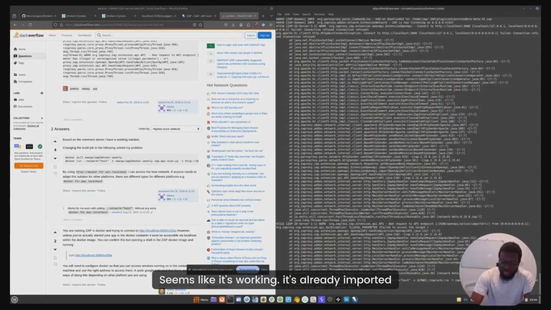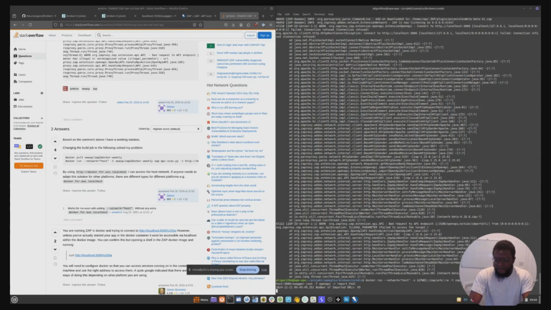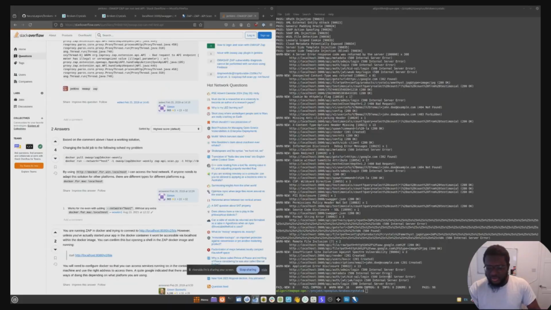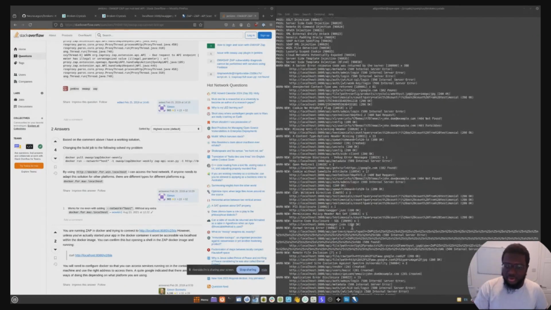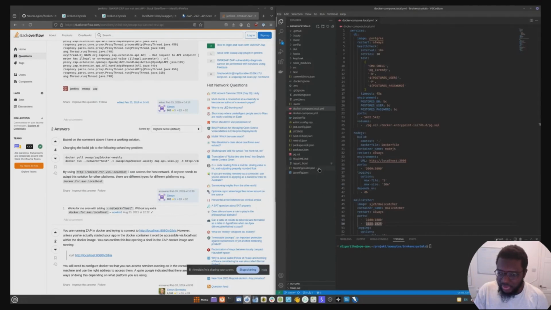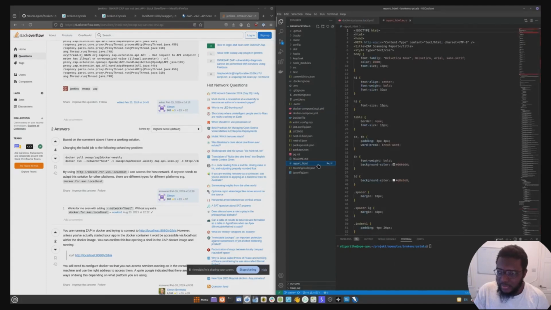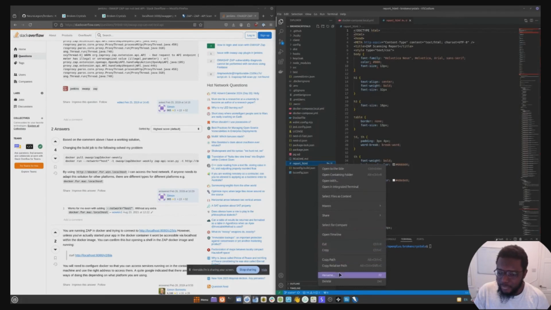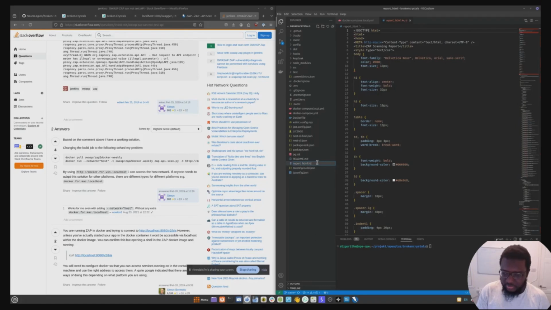Nice. Seems like it's working. It's already imported URLs. Right. So it's done the scan and it shows errors, some warnings, and then it shows just a summary of the scan. But if we actually go to the report HTML, right, I forgot to give it an actual HTML format. And if we just preview it,